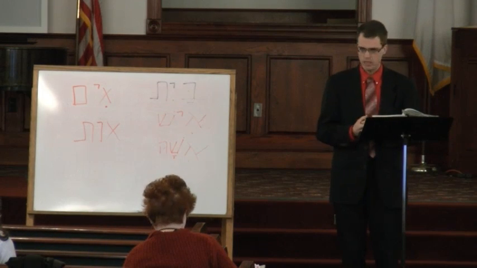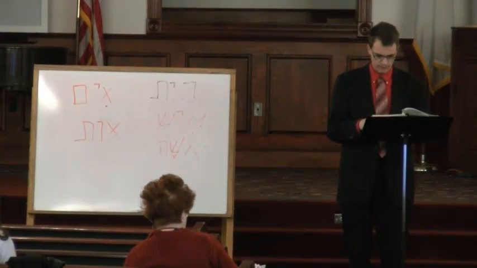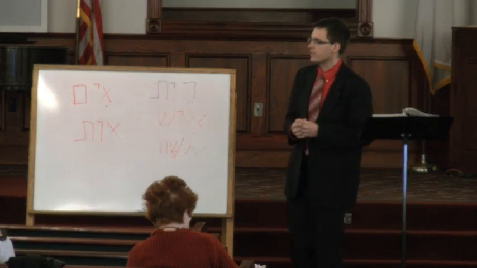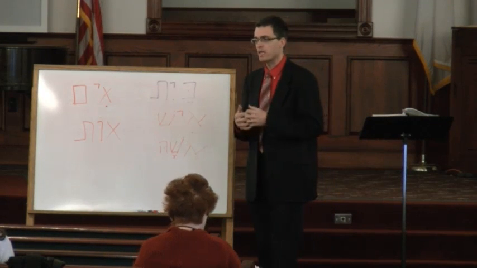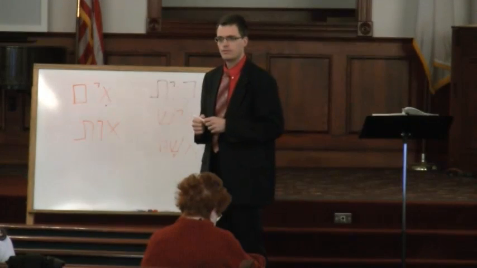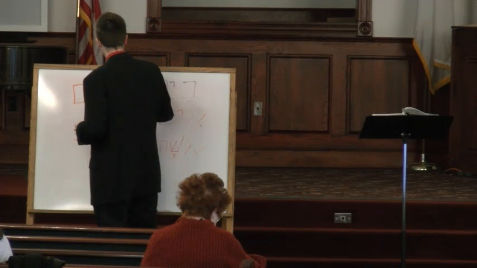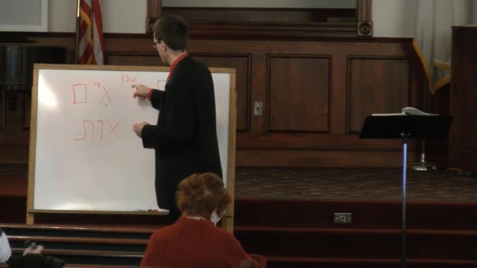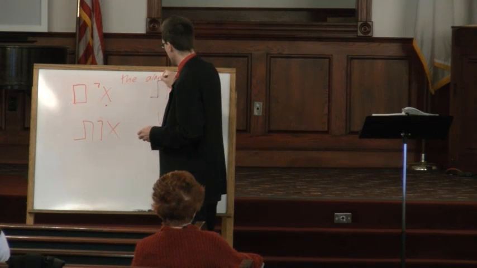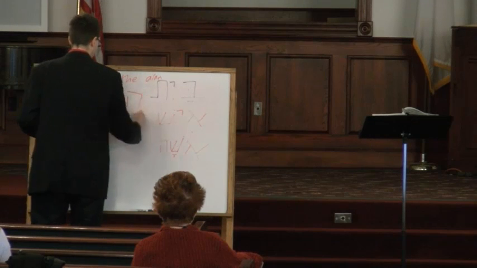Okay, any other questions about the number here? Let's talk about the article on page 5. He calls the Hebrew article the definite article, and that's fine. You can just call it the article because there's no indefinite article. What's the English definite article? The. The is the definite, and what's the indefinite? A or an. Now, Hebrew has just one article,